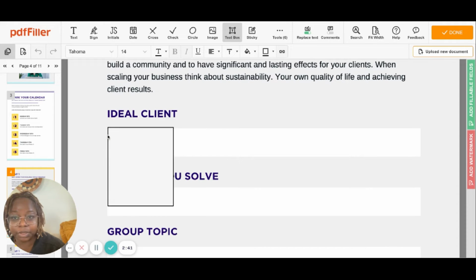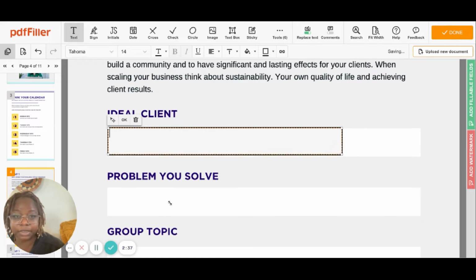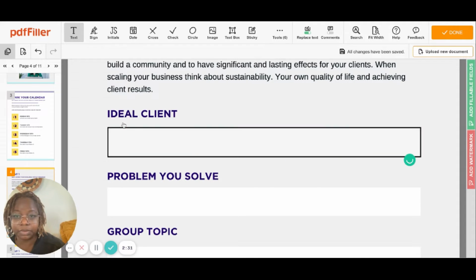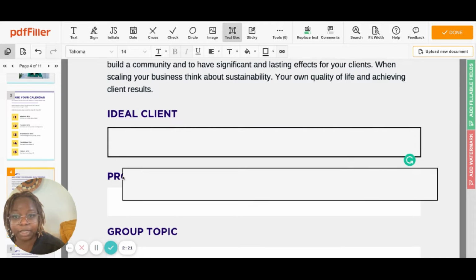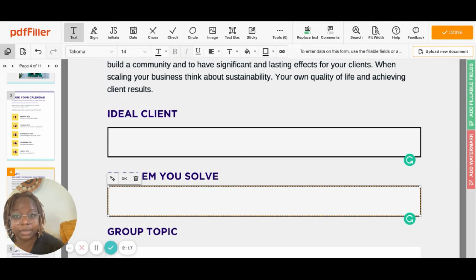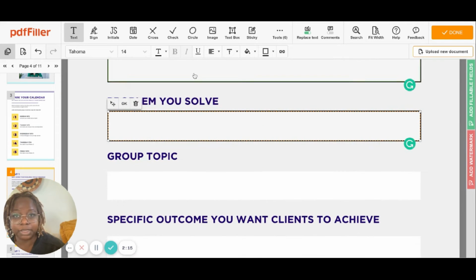Okay, I'm gonna make it longer. I'm gonna do the same size so I can write inside of this box. Hit OK. So now I can write inside of there if I choose to. And I'll do the same thing again. I will do a text box here because I've already created the size. I'll do another text box